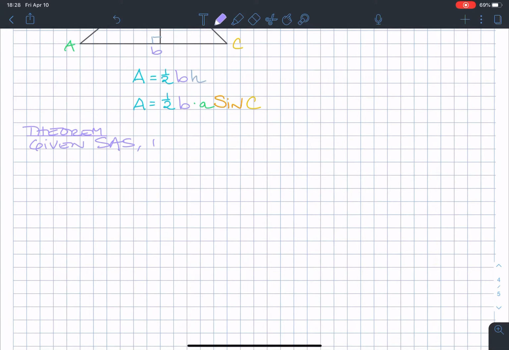So the area of triangle ABC with opposite sides, little a, little b, and little c respectively, is given by any of,